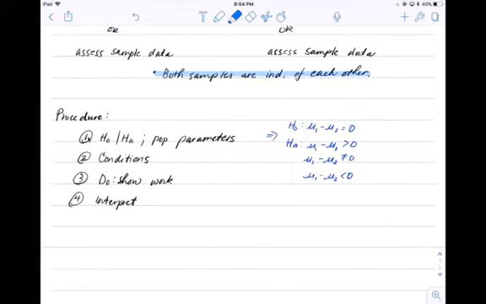So when it comes to the procedure, same thing as when we did the procedure for a one sample t-test and a one proportion t-test. You have to state your null and your alternative hypothesis, and you also have to state your population parameters. And over here I went ahead and wrote how it is that you might see a null hypothesis. So the null hypothesis typically is saying that there is no difference between the two means. So very often you'd see mu1 minus mu2 is equal to 0 because if they're the exact same number,